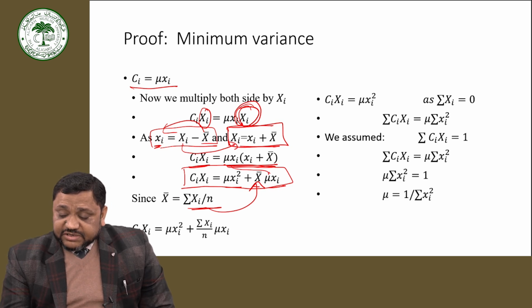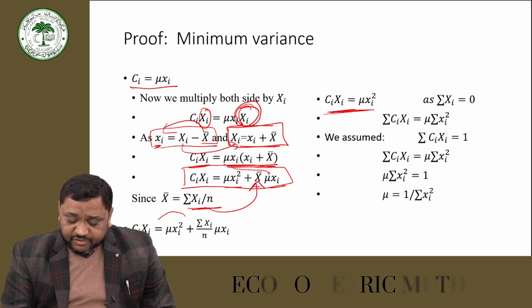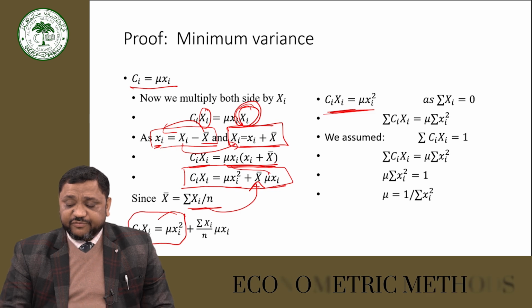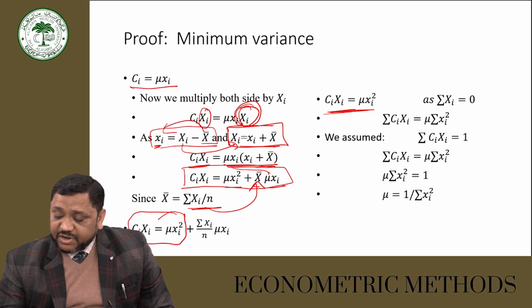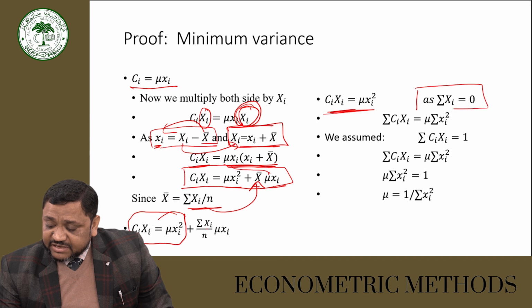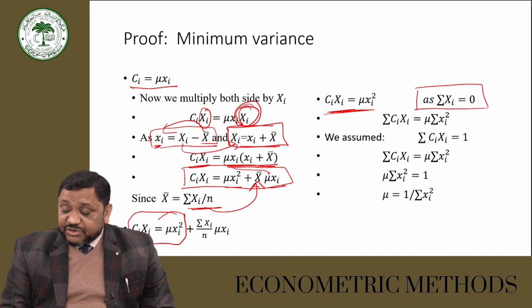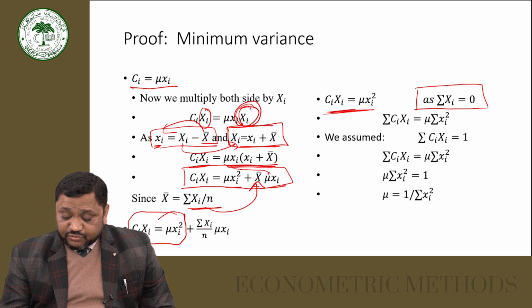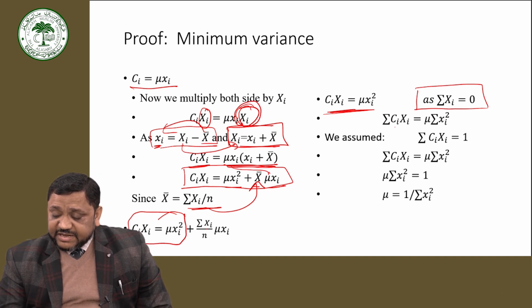Now see, this is what we will be left with as summation xi. If you remember, summation xi is equal to 0. So when summation xi is equal to 0, what we are left with is summation ci Xi is equal to mu